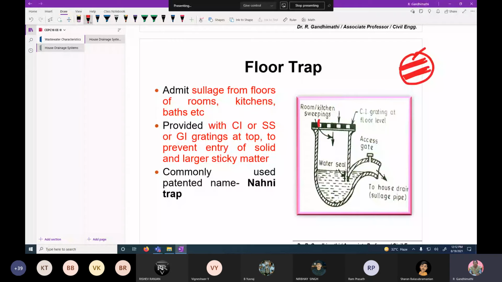The trap arrangement maintains the water seal, so you will not get the bad smell or any gases through this opening. It is provided with cast iron, SS or GI gratings at the top to prevent the entry of solid and larger matter. We are just forcing the water through this, not the solid matter. Therefore, we have to provide the grating arrangement at the top.